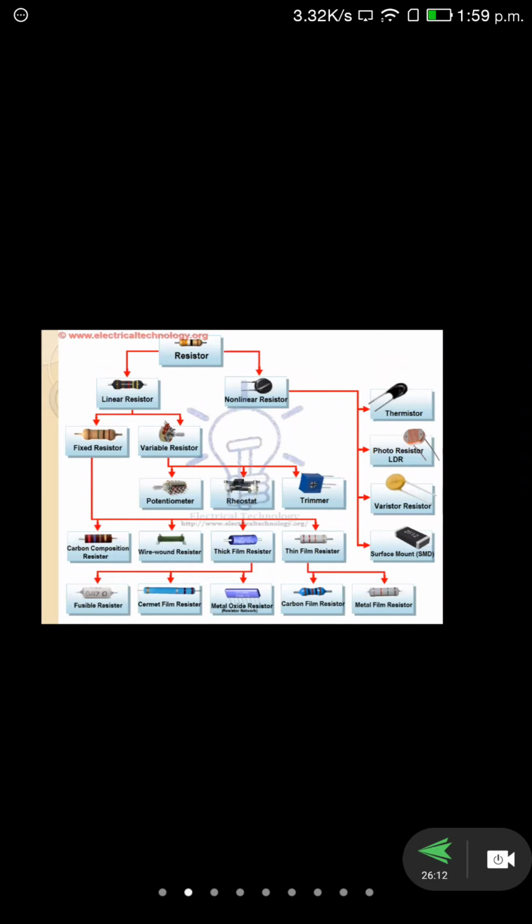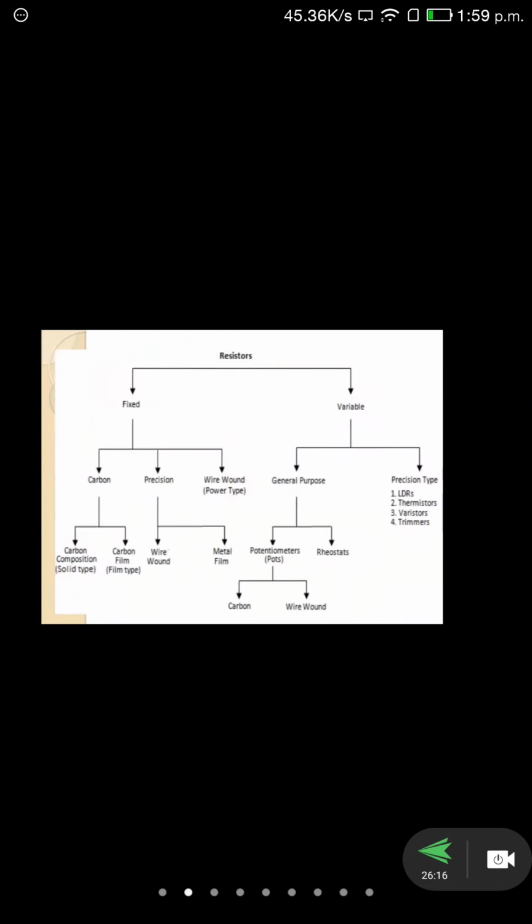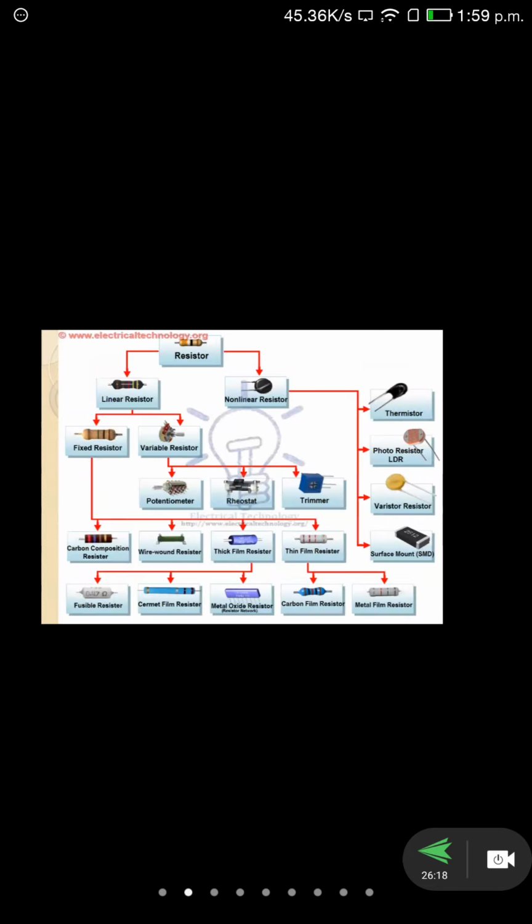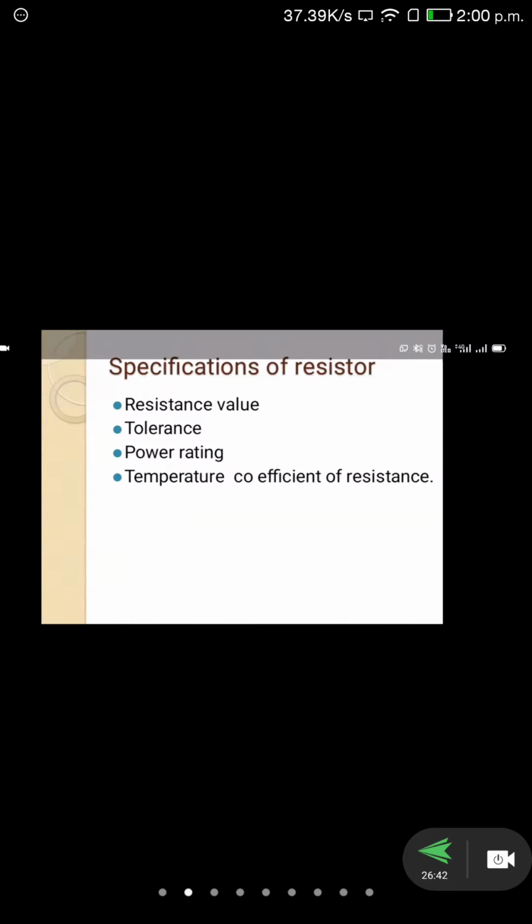For the fusible resistor, you can see on the left hand side bottom 0.47 ohms, the value is directly printed on the resistor. You can see the metal oxide resistor, middle one, blue color. Here also the value is directly printed on it. Next, film resistor, the value is directly printed on it. So the resistor value can be directly printed on the surface or indicated with a color code. That is called the resistance value.